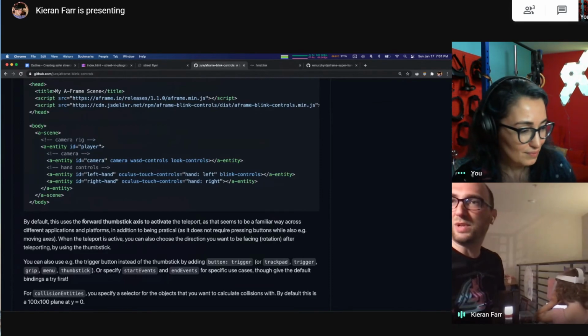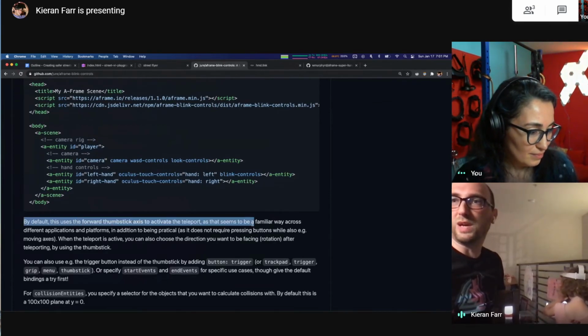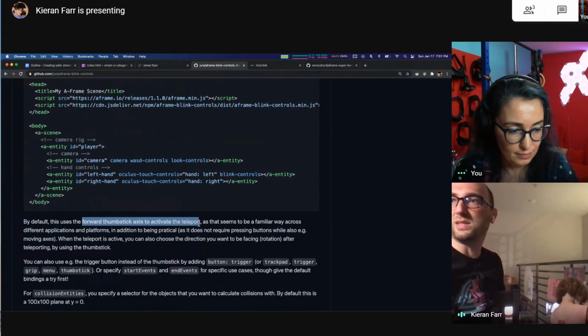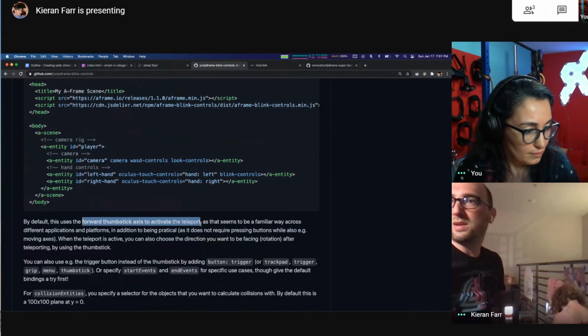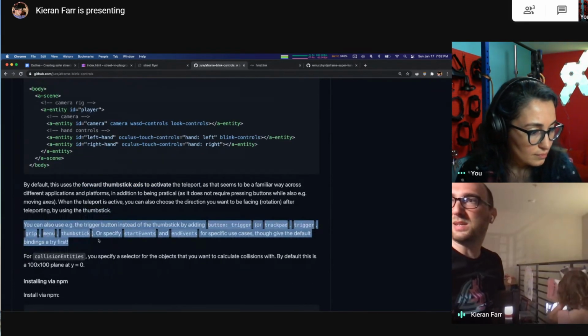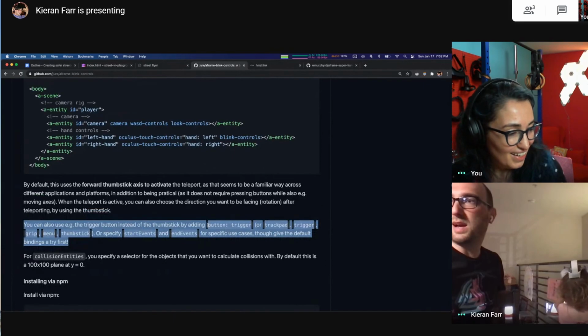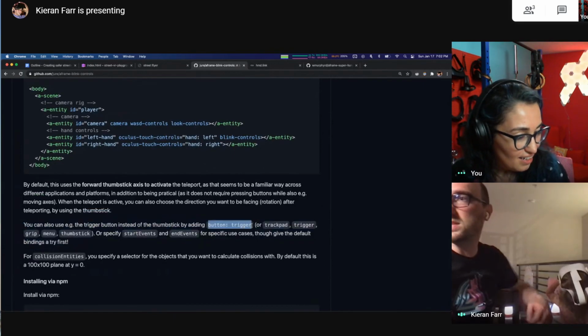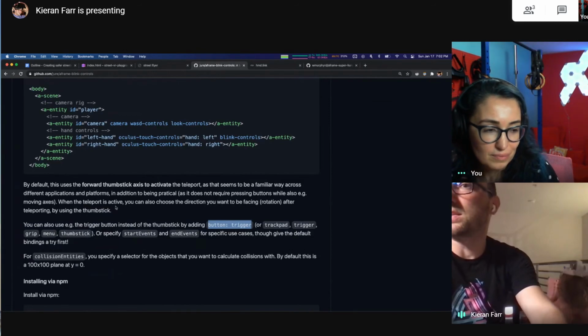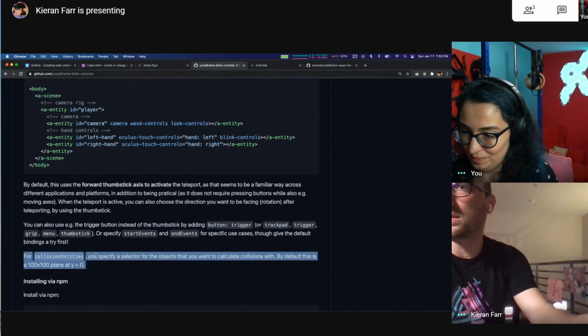One thing I wanted to show too on the blink controls, this was the default behavior that I saw. The forward thumbstick axis is what activates teleport. But I can also add some additional settings, like adding a button trigger. That's actually what I would like to do. Let's try that. And then for the collisions,